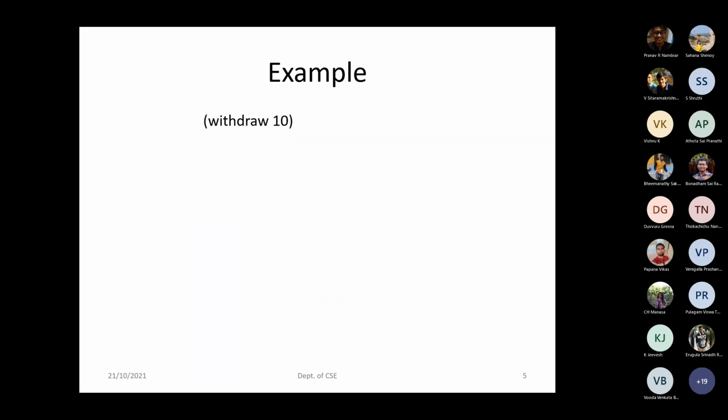Let's see what happens when we call the procedure. Withdraw of 100, withdraw of 10. Balance is set to 100, so 100 minus 10 is 90. Once again, withdraw of 20. Next time when I'm calling, what will be my output now? Again I'm calling this withdraw procedure. Now you have already reset the value from 100 to 90, so 90 minus 20 will happen, which returns 70.